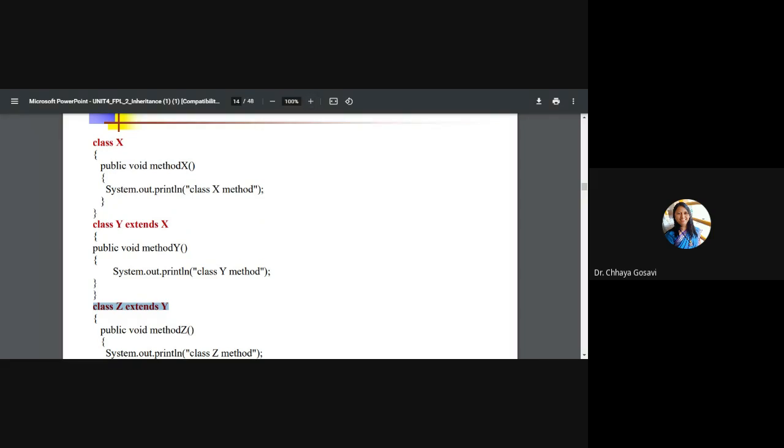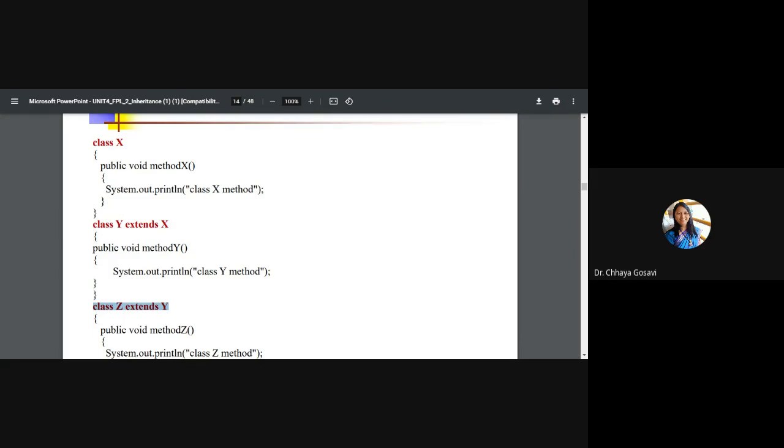I'll create this link and share it with you. You can play with this. When you click on this link, you will get this code and you can play with this code. You can just execute it, copy it, and check on your editor whether it is working or not.